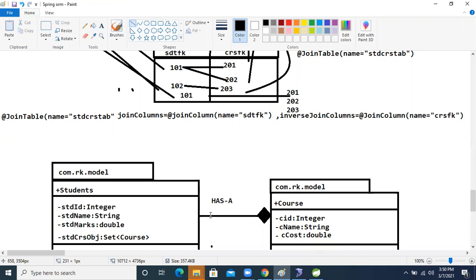Now what we will do, s3 dot set id. In the id we will set 103. His id is 103, fine.